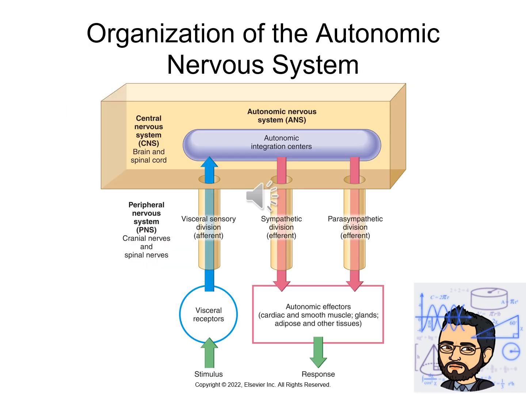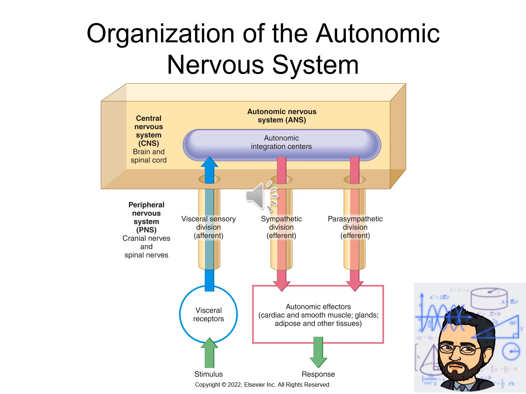Okay, the organization of the autonomic nervous system. Figure 22-1 shows the organization of the autonomic nervous system. It says to note the simple arc pattern to information flow in the diagram. The ANS is crucial for controlling involuntary physiological functions like heart rate and digestion. And again, it's divided here in the picture. It's just an illustration of how it's divided into those three main divisions we mentioned: the sympathetic, the parasympathetic, and the